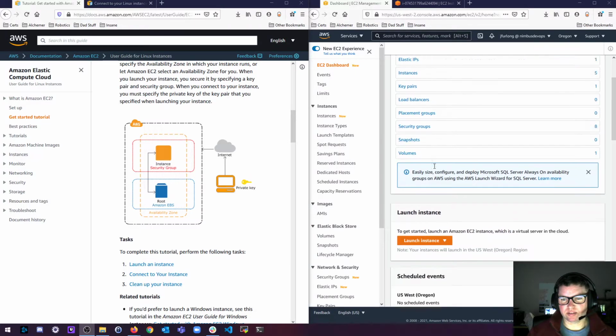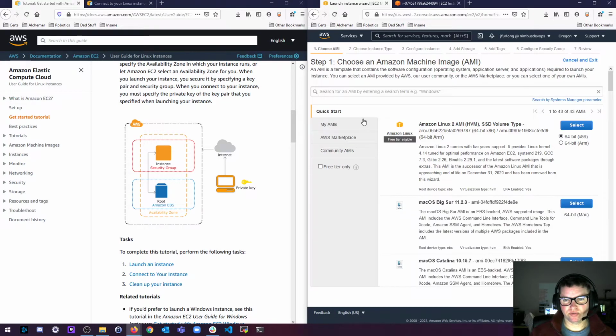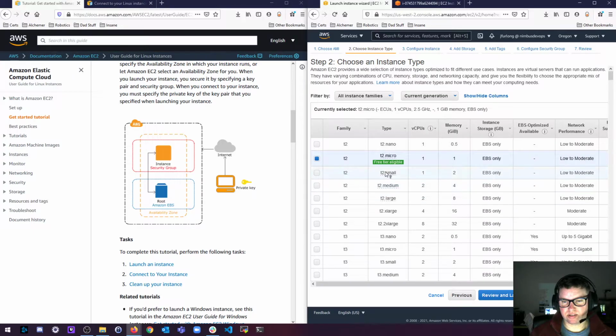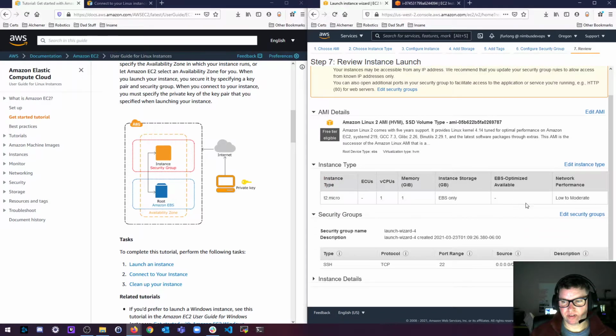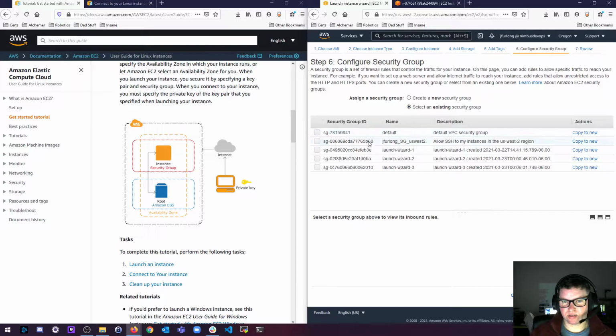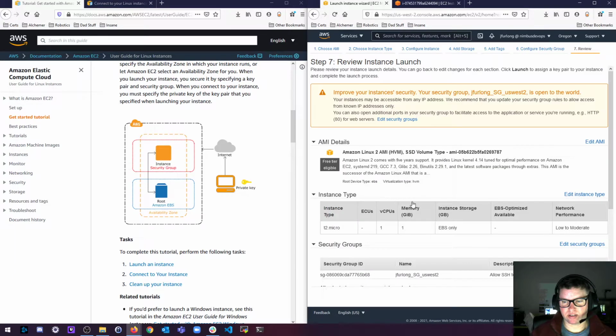So what you want to do is go over to EC2 in the AWS console, click Launch Instance. From here, we're going to choose the Amazon Linux 2 AMI. We are going to choose the T2 Micro free tier eligible instance type. Hit review and launch, and then we're going to edit our security group, and you're going to pick an existing security group and choose that security group that we just finished creating, and then hit review and launch, and then